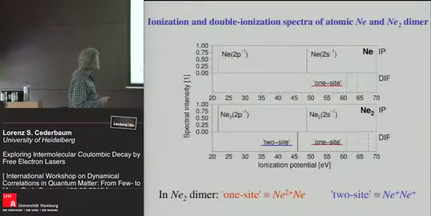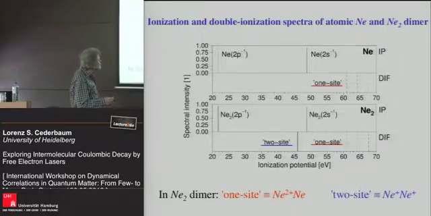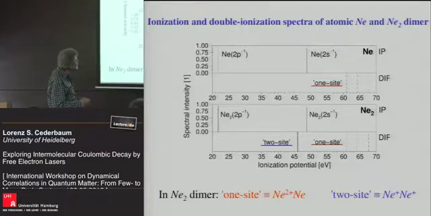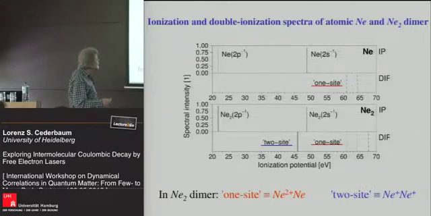And here we see the ionization spectrum of a neon atom. So you remove the 2p electron, it's about 22 eV. You remove the neon 2s electron, it's about 48 eV, which you need. And if you ask, this was your question, why there is no Auger, the threshold for double ionization, so neon 2 plus, is 60. So about 12 eV are missing, and it cannot decay by electron emission, it can only decay by photon emission,